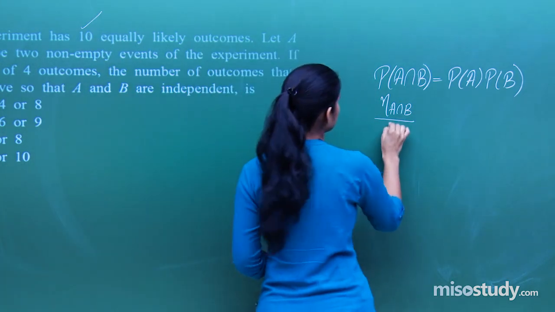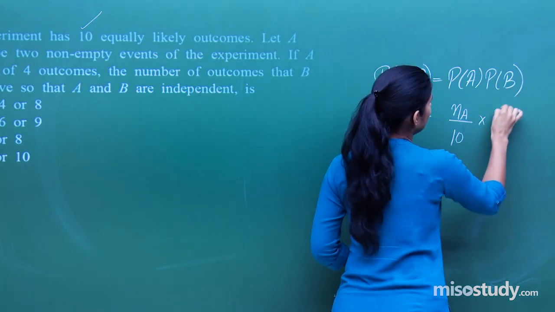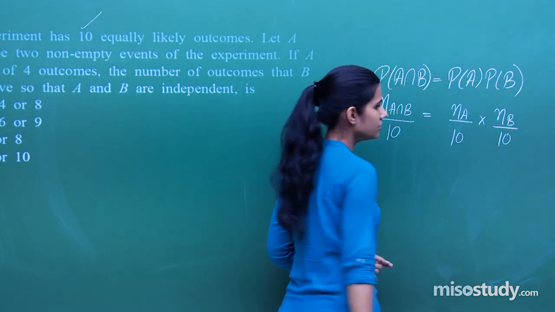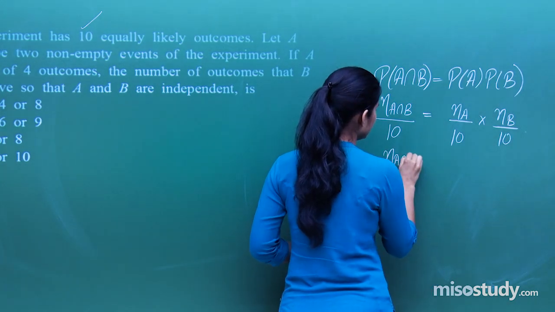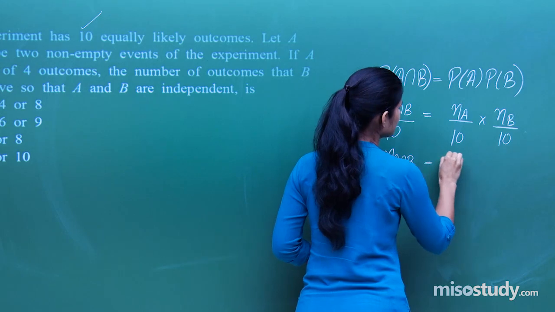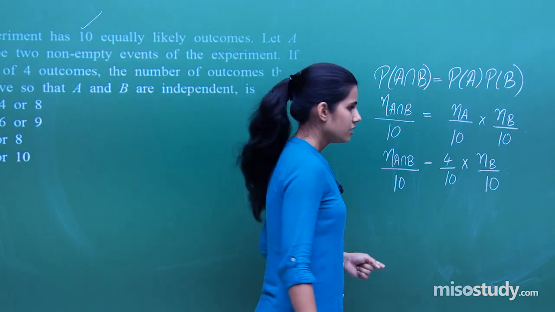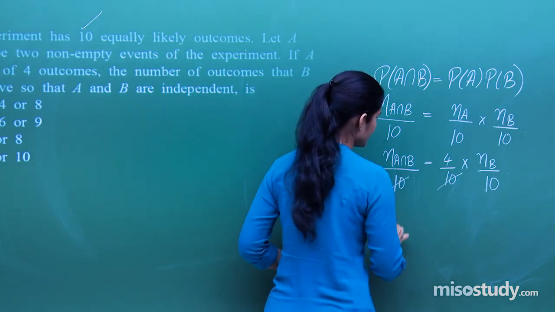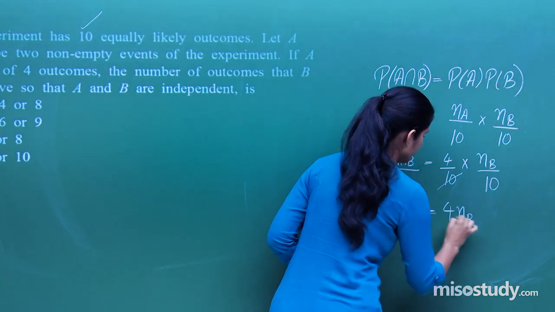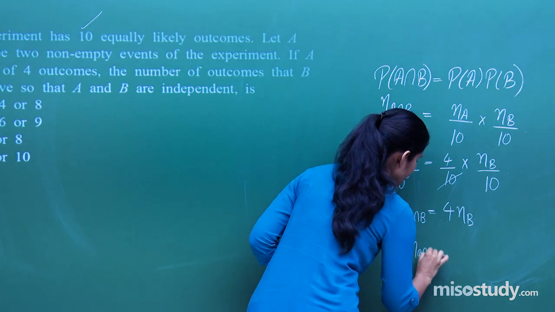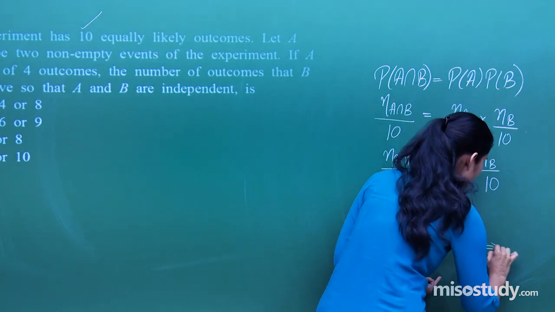So total number is 10. Probability of A is number of elements favorable to A upon 10, and same way this is this. Number of elements favorable to A are given to be 4. So this becomes n(A intersection B) upon 10 equals 4 upon 10 into n(B) upon 10. Now from here you basically get that 10 times n(A intersection B) equals 4 times n(B), or you can say 5 times n(A intersection B) equals 2 times n(B), which very clearly is suggesting that 5